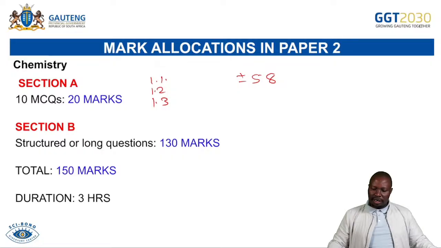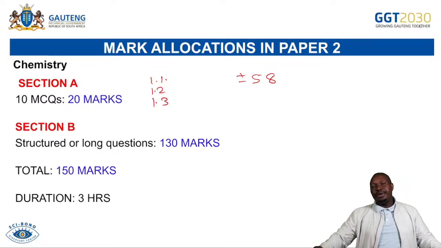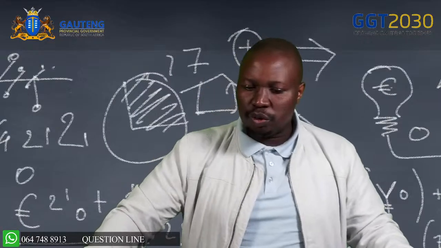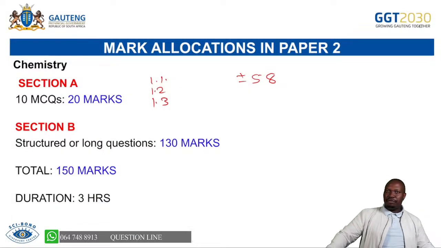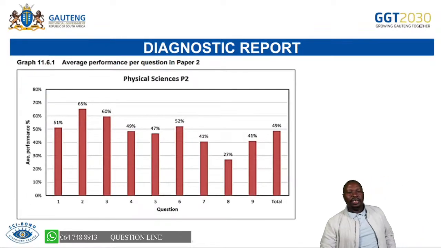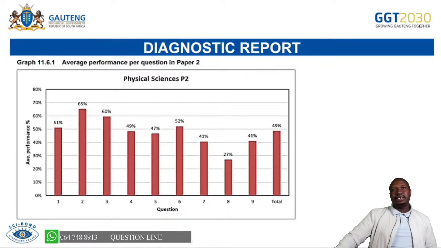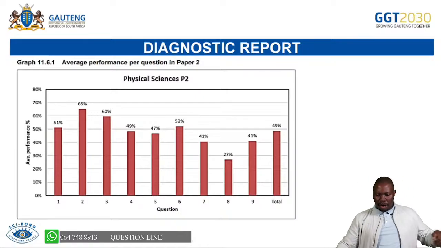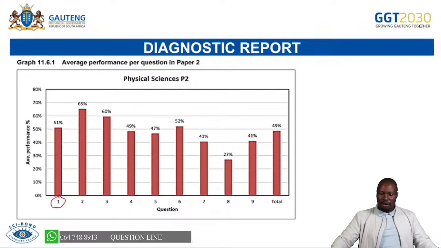So meaning that already you just need 12% to get your bachelor. Remember, bachelor, we're referring to 50% and above, and we're expecting you to pass with 50 and above. Now, on this topic, we'll first look at the diagnostic report from last year to see what happened in 2024. Remember, I said question 1, 1.1, 1.2, and 1.3. That's where you will get organic molecules.